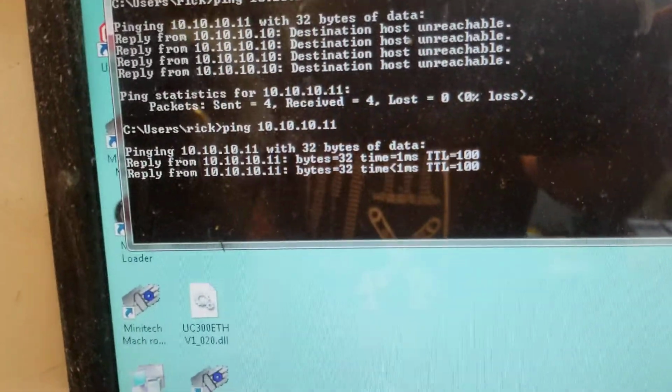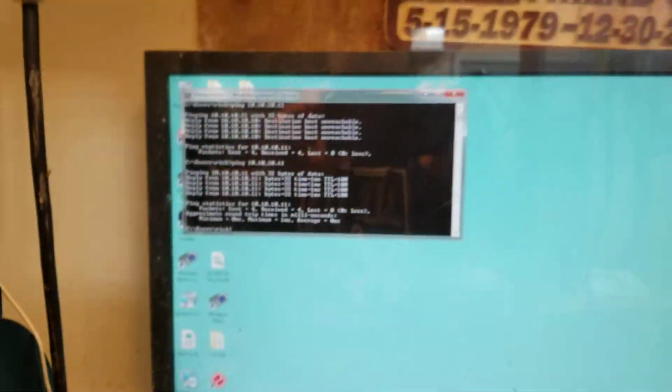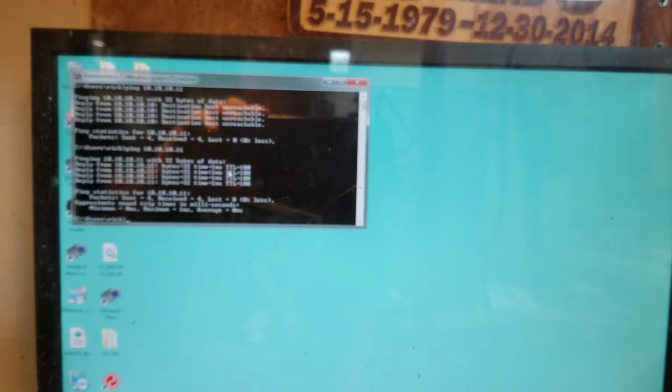And press enter. If we are getting a ping reply that looks like this, and I'm going to turn my controller off, but if we get a ping reply that looks like this, where we're actually getting times,